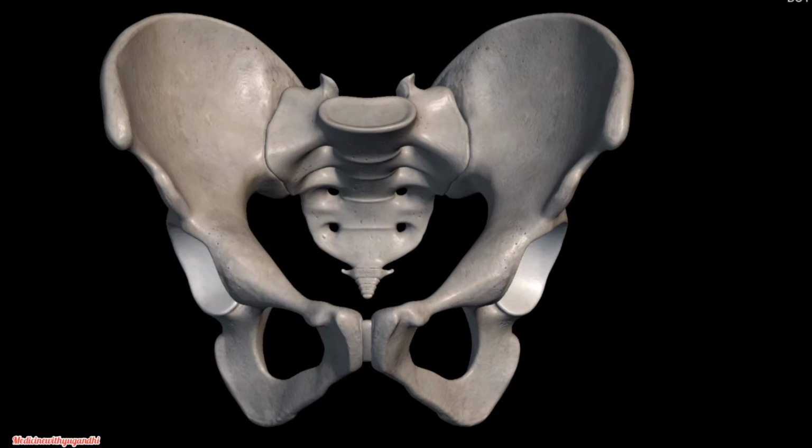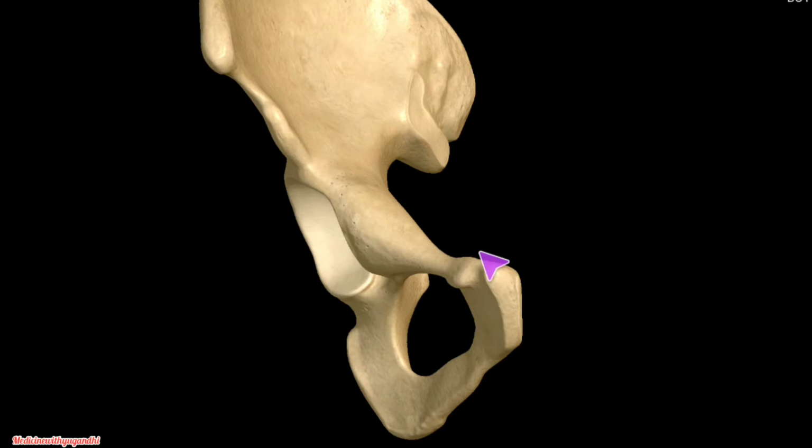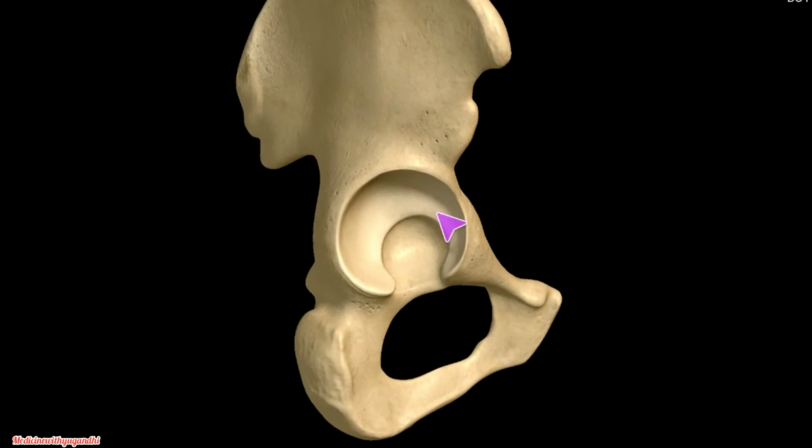In this video we are going to see about the hip bone, and that too mainly about the pubis and the ischium. So the pubis forms the anterior part of the hip bone, and at the center it fuses with the pubic bone of the opposite side to form the pubic symphysis. This pubis also forms the anterior 1/5 of the acetabulum.